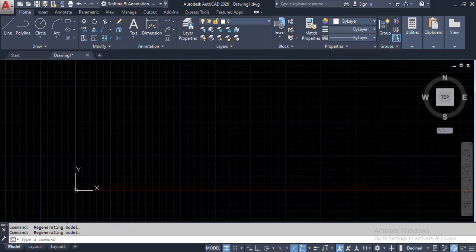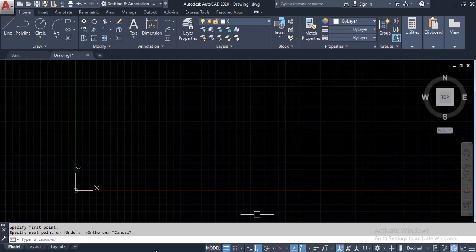Next to this, this is your command line window. Command line window is a tool which helps you to tell the next thing what you have to do. It is commanding you what exactly you are going to do here. You can see after I type L and press enter, it is asking me to specify the first point. After you specify the first point, it will ask me to specify the next point. So it is telling you exactly what next thing you have to do. If you have any doubts, you can just refer to the command line window so that it will tell you the next thing you're going to do.